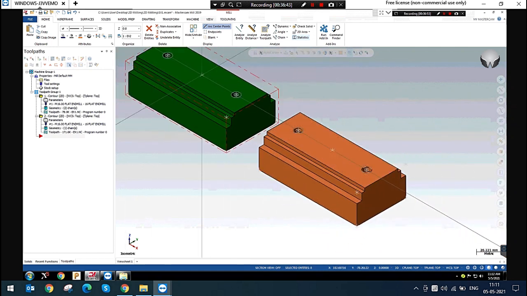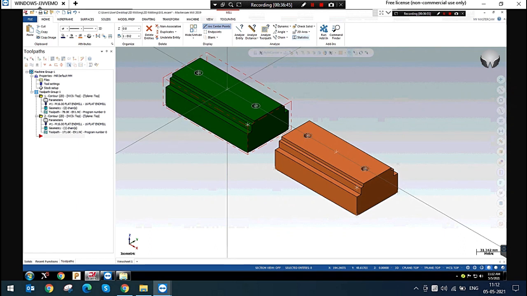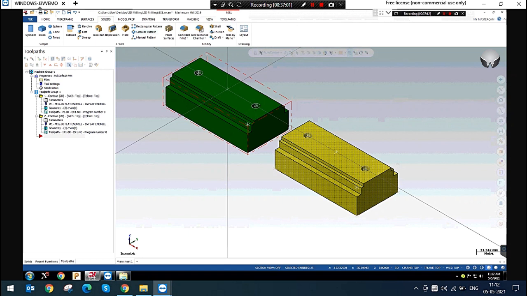So how to convert the surface to solid? Now I am selecting all the surfaces. You can see the surfaces have been selected. I'm using the quick mask. Now I'm going to solids. I am just converting the surfaces to solid.